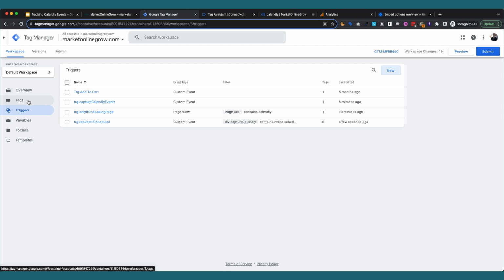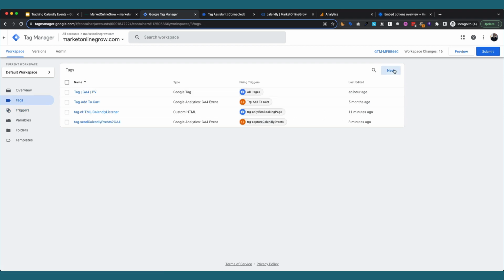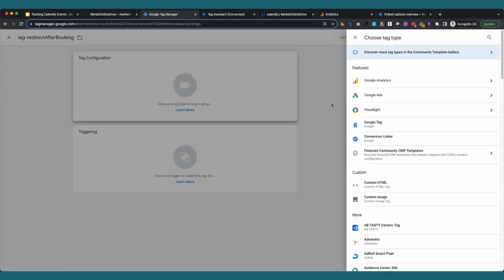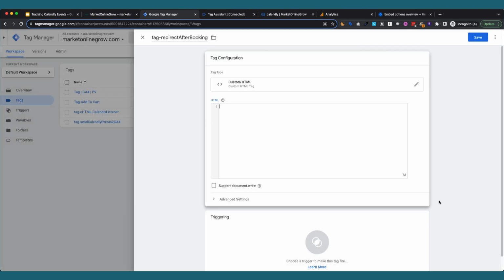And then we go tags, create a new tag, redirect after booking, and then we're going to say custom HTML. Okay, and here you're going to need a small JavaScript, which is script, and then you're going to write window.location.href equals to